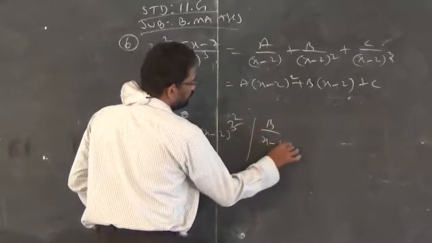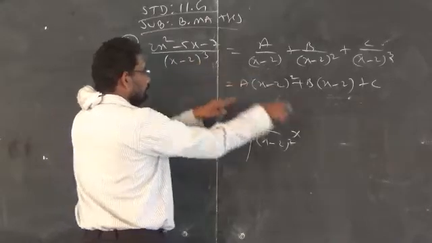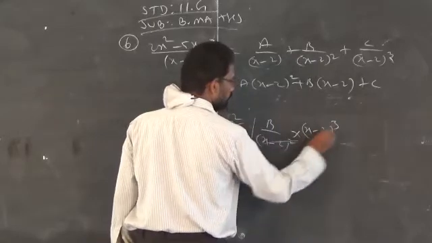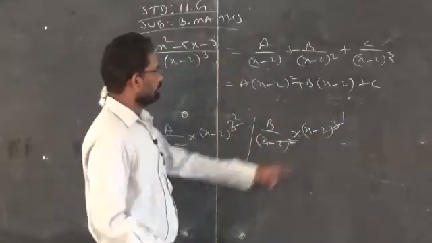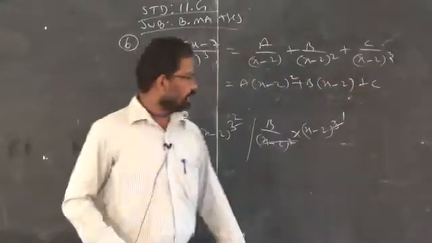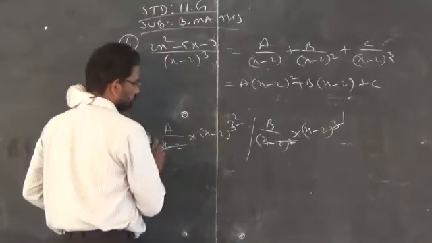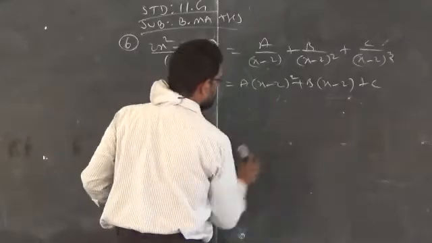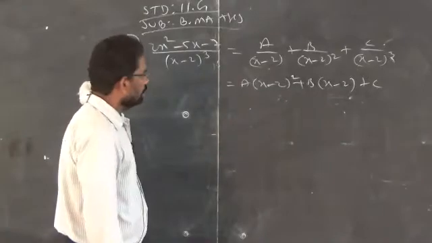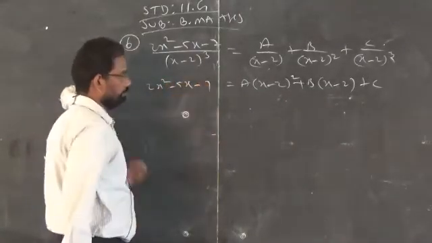Similarly for the next one, b by x minus 2 the whole square, when you transfer the denominator to the right side, it always becomes multiplication. So you will get x minus 2 power 3, and the remainder is 1, that is b of x minus 2. When you multiply x minus 2 the whole cube into this term, everything cancels, you get only plus c. Clear? This is for your understanding purpose. You multiply this denominator with all the terms on the right hand side. So the left hand side is the remainder x square minus 5x minus 7.